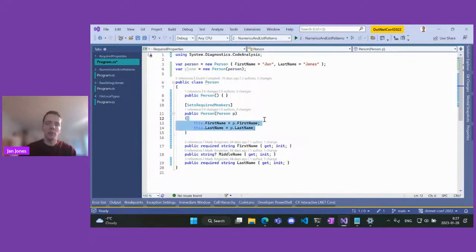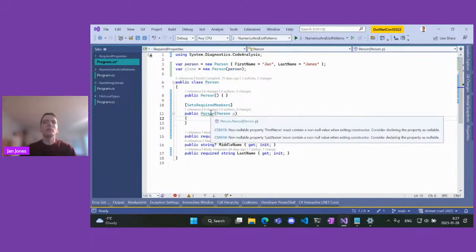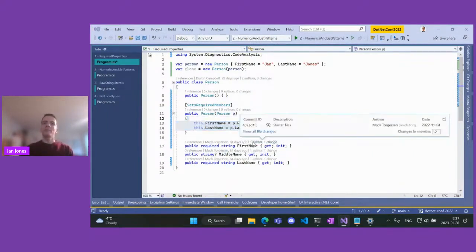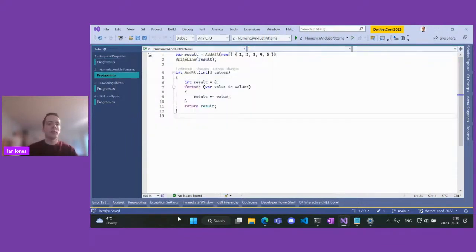It wouldn't matter if you don't set them. That's on you. Although the nullability warnings are still there, so it kind of catches some errors for you. Okay, so that's the required modifier. And with that, let's move to another demo I have for you.